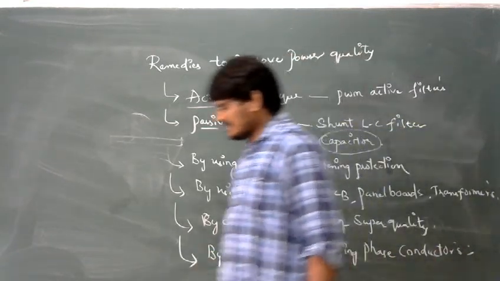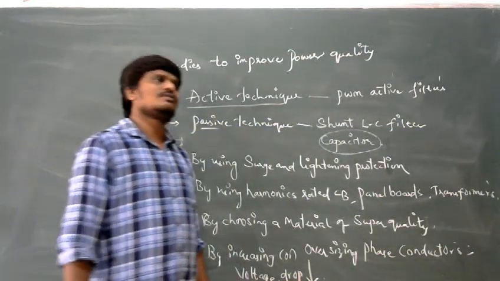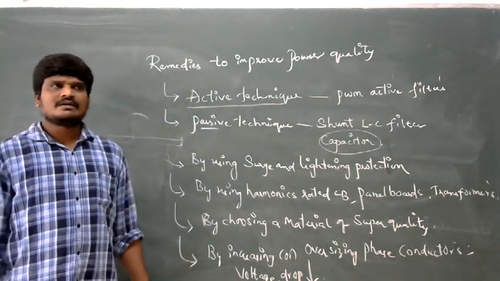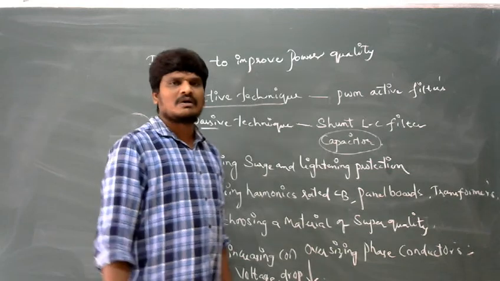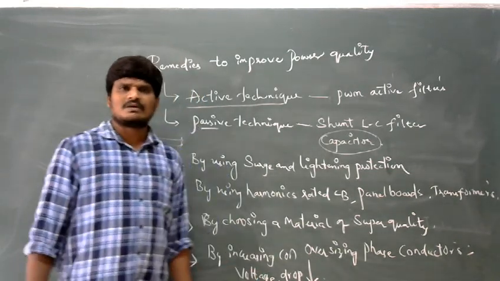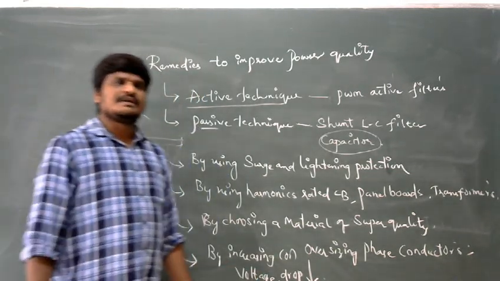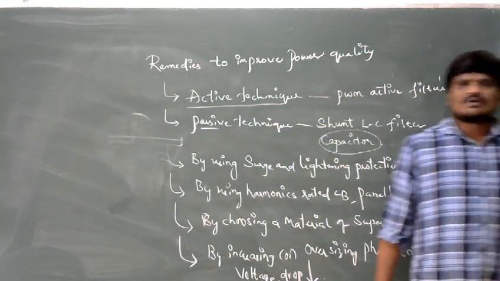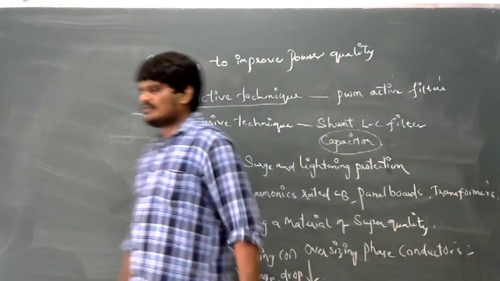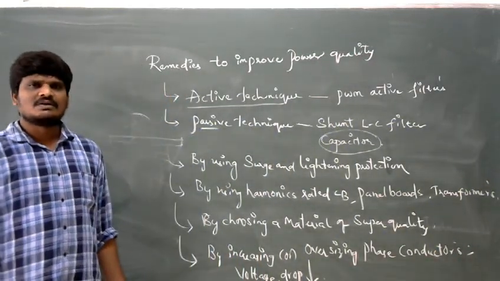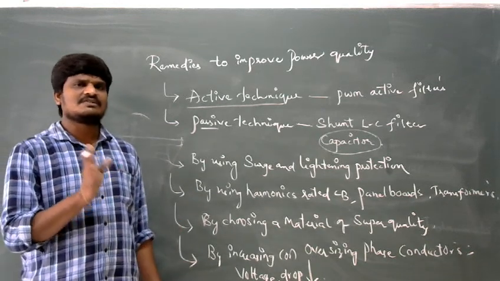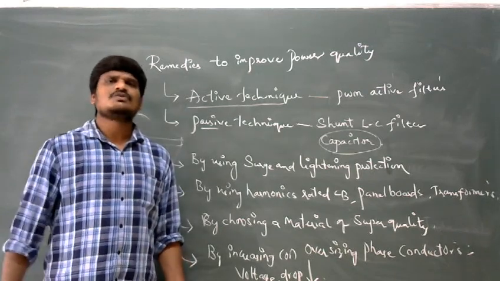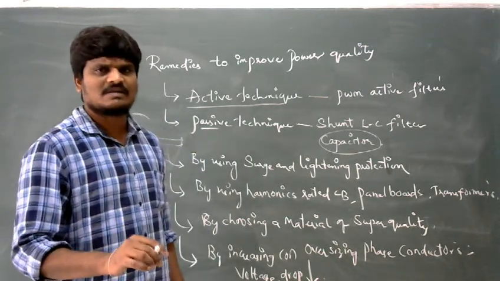Not only these techniques, there is one more technique which is used to improve the power quality and reduce the power quality problems. That is nothing but we need to separate the sensitive loads onto different branch circuits. There are different loads, and you can connect them to a single circuit. But if there is a separation of sensitive loads to different branches which are fed from separate feeders, you can improve the power quality to some extent.